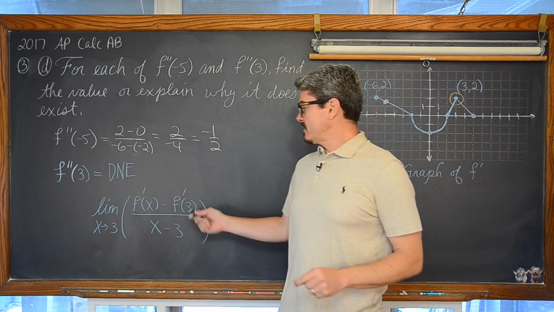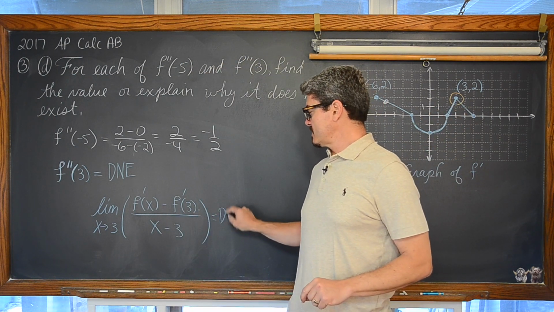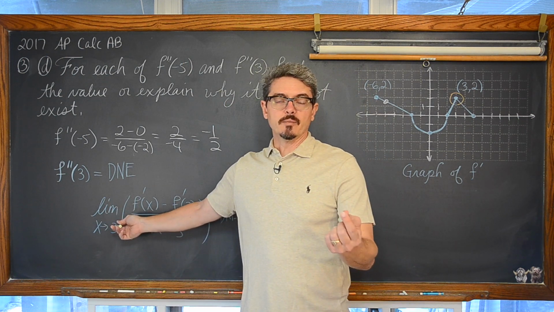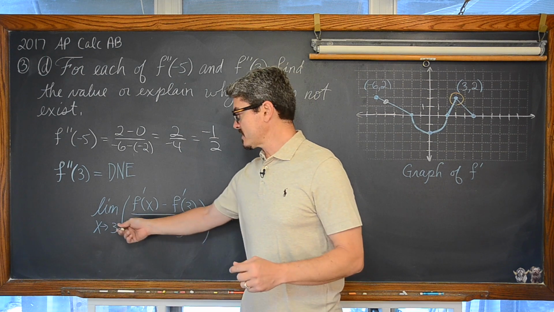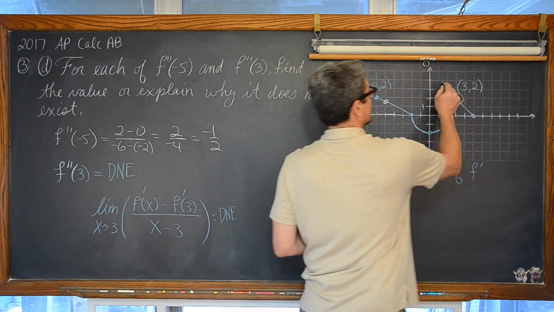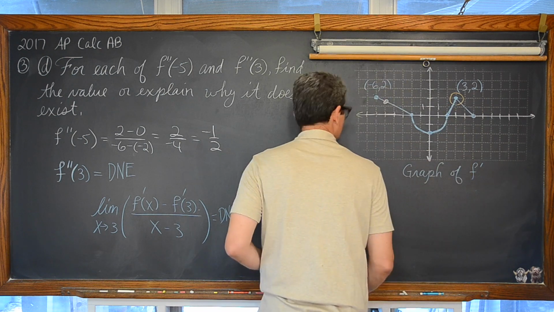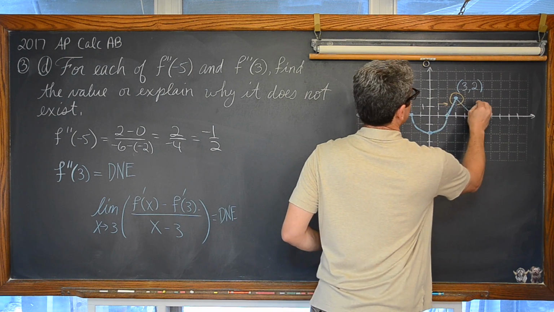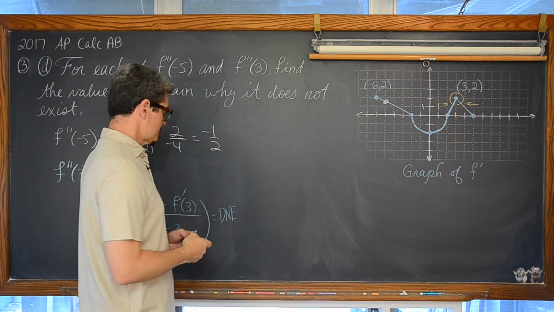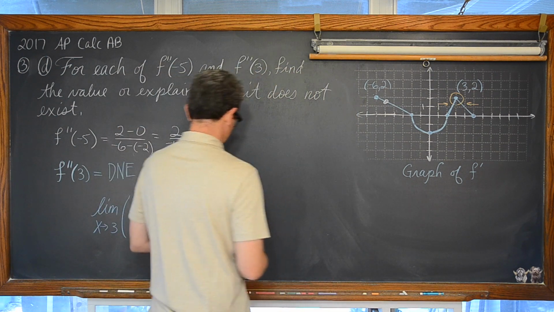You still need to show that and justify why the answer to this does not exist. And what you're going to do is remember that we're finding a two-sided limit. And to have a two-sided limit that exists, that means that the left-handed and the right-handed limits have to be equal. And that's exactly how you're going to justify your work, that, well, it doesn't exist. So how do we arrive at this answer?